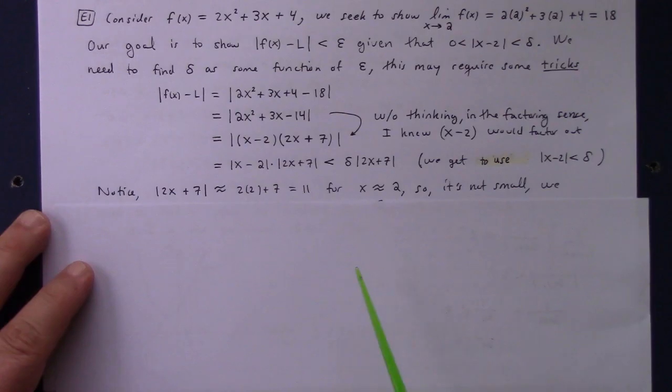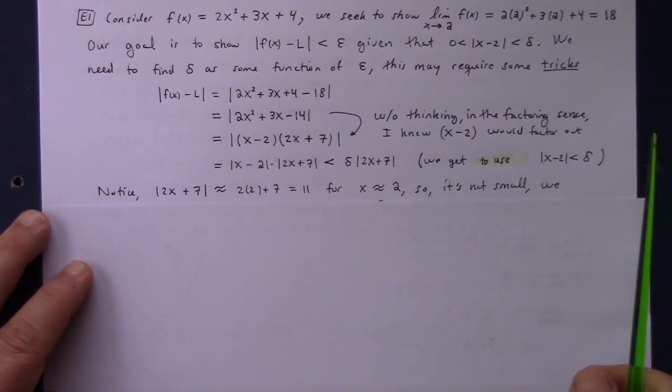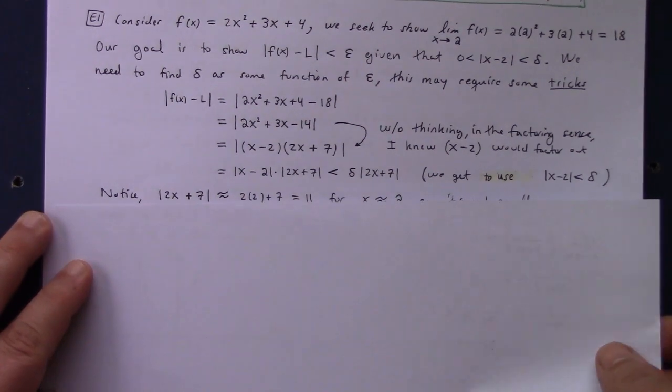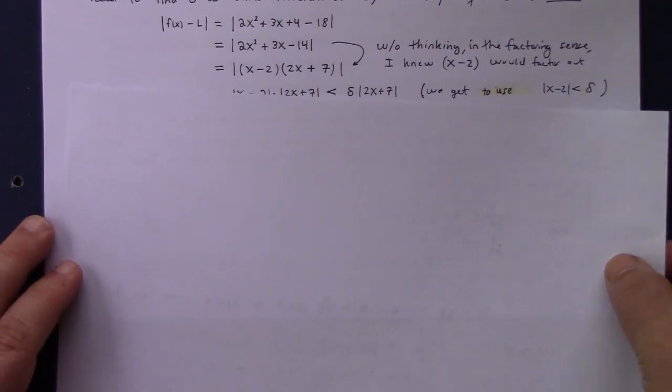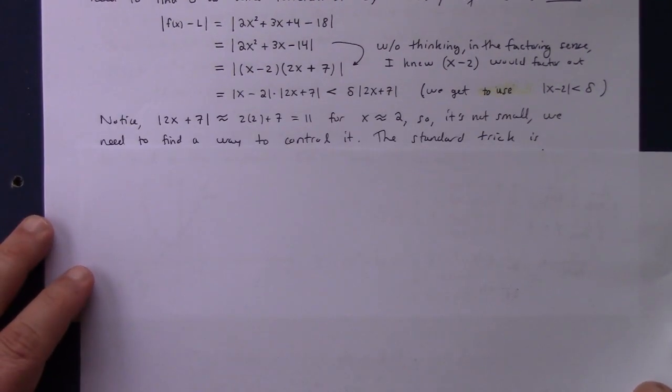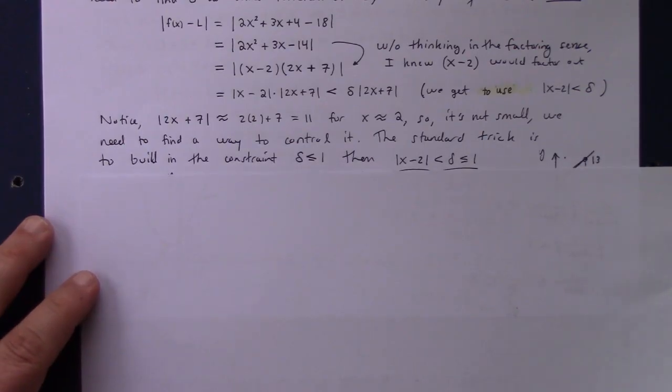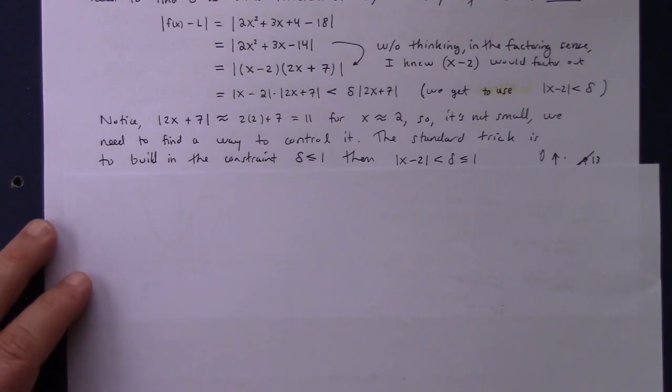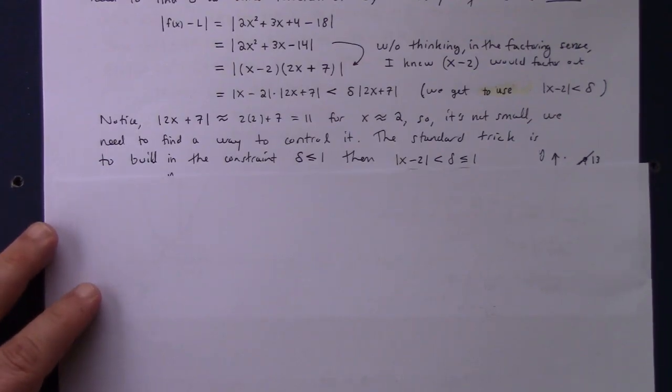So if you think about it, it's about 11 for x approximately 2, right? So it's not small. We have to do something to deal with that. Let me show you how. So this is kind of a standard trick. If we also build in that our delta, and we choose the delta,